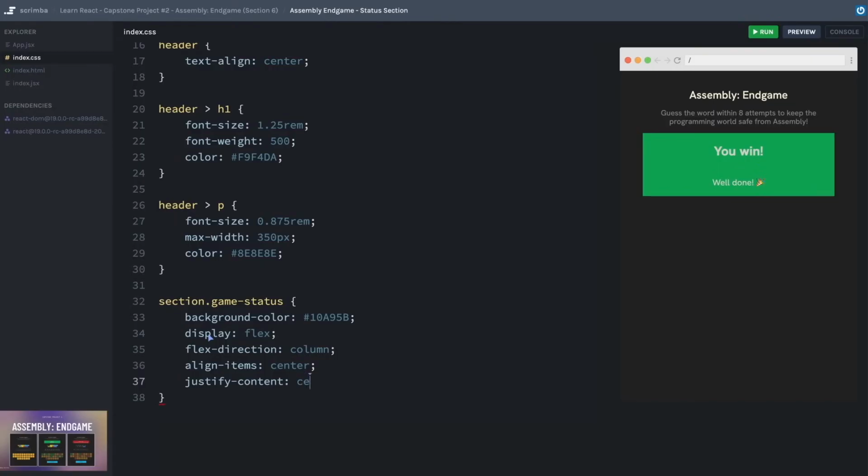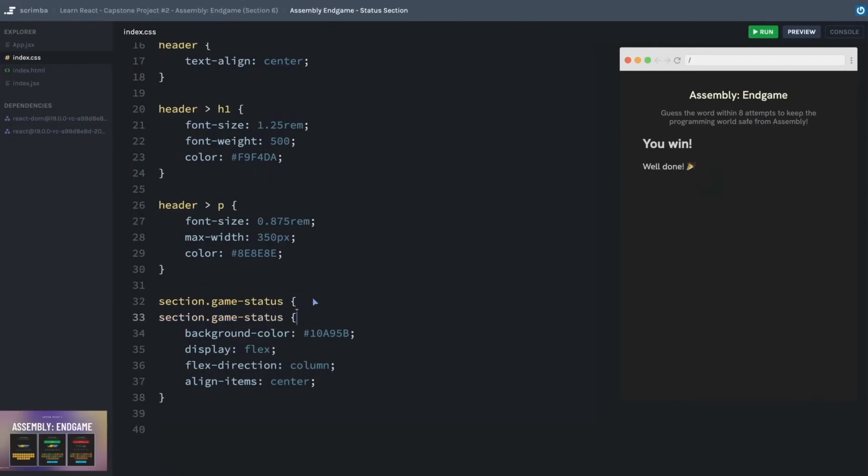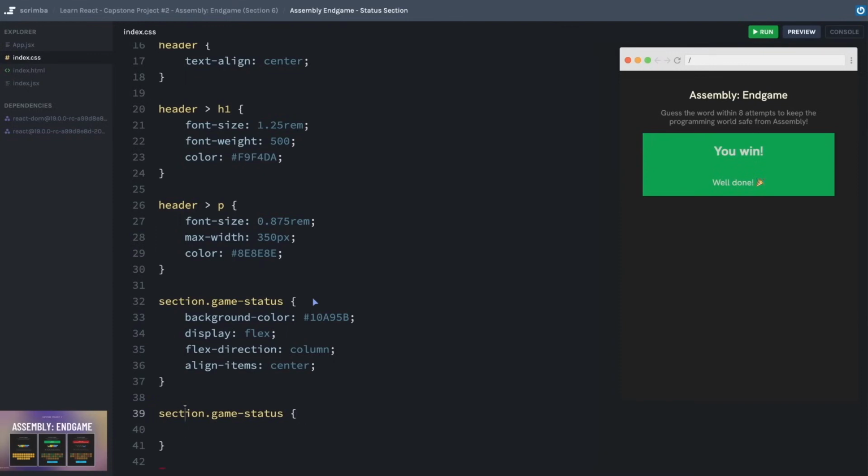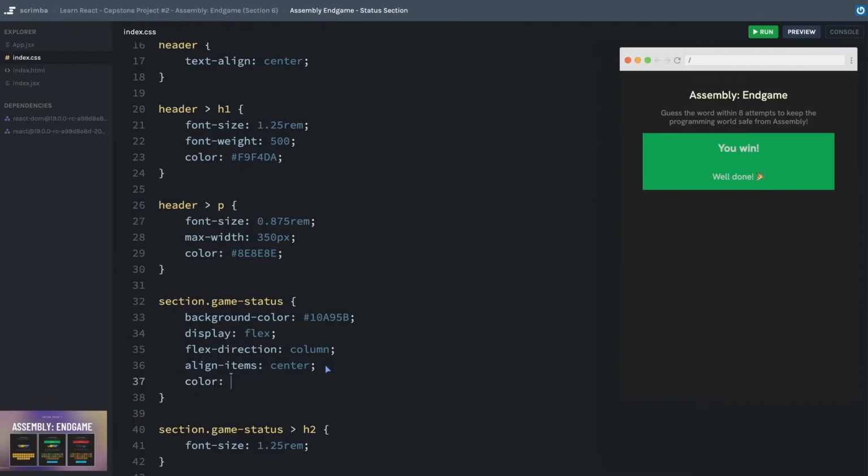I don't think I need to say justify content center. Yeah, but it doesn't appear to be doing anything. It looks like there's some default styling applied to the H1 and to the H2 and the paragraph. So let's select those individually. I'm just going to bring this line down and then access the H2. We'll set the font size to 1.25 rem. Oh, and it looks like in the design, the color is different. Oh, actually the color for both is different. So let's just do that in the parent here. We'll change the color to that kind of more yellowy color like our header up here.